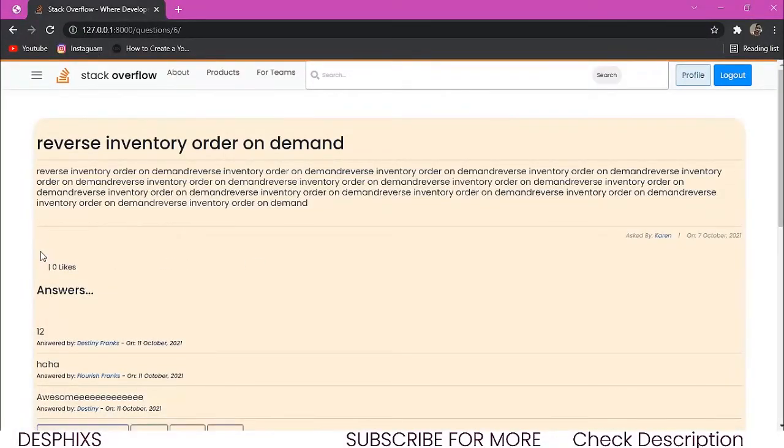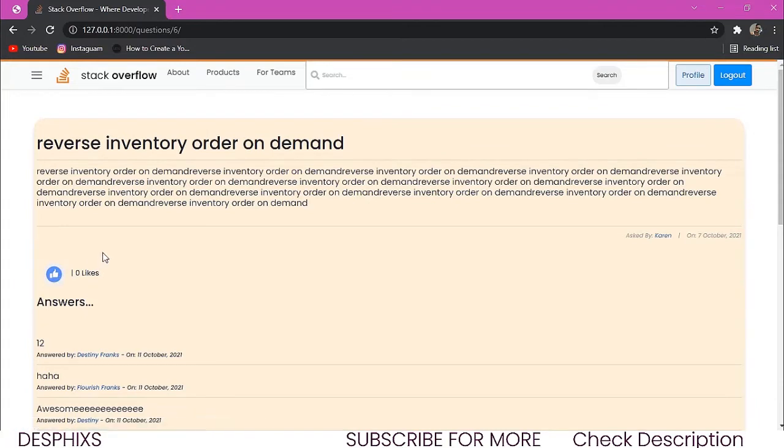You see we get 0 likes. Let's see, our button isn't actually showing up. Let me just keep refreshing this. Okay, as you can see, it's showing up now. So if we like this,